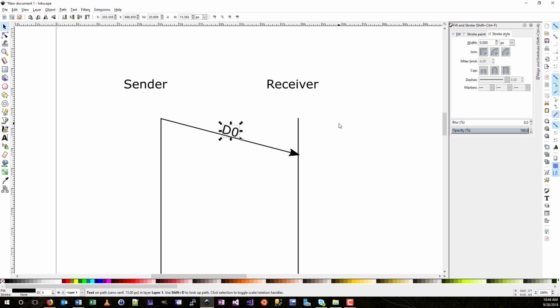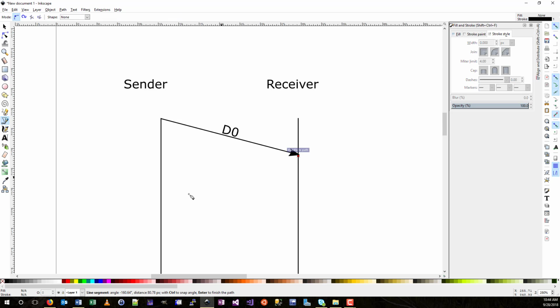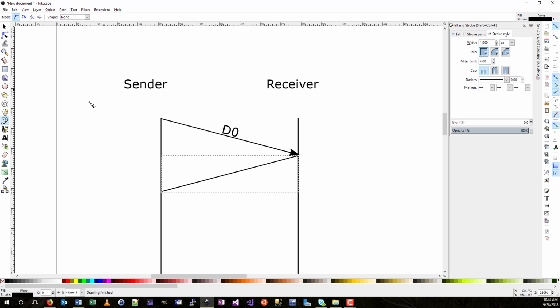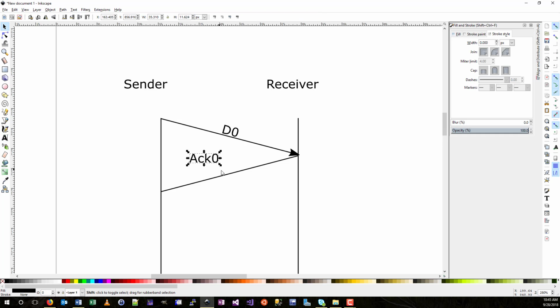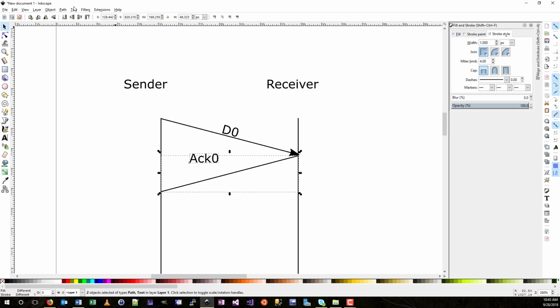And now I can put it in the middle where I want, and it'll be the right slant, I think, is what I'm really getting to. At this point, I can certainly grab that and create my next acknowledgement. Okay, so I'm going to go down here and again draw some text. This would be AC 0, and again I will hit escape a couple of times, select those two things, and